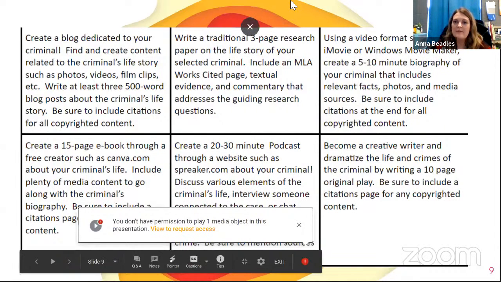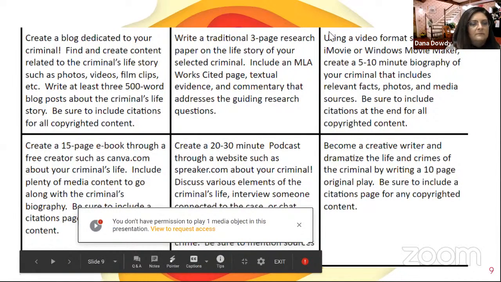So we wanted them to have as much choice as possible without losing the side of the actual skill that we wanted them to focus on with their standards. And because we knew that this was going to be something that we're going to be working on for a while, they would stay engaged. And so even though we decided to do choice boards,